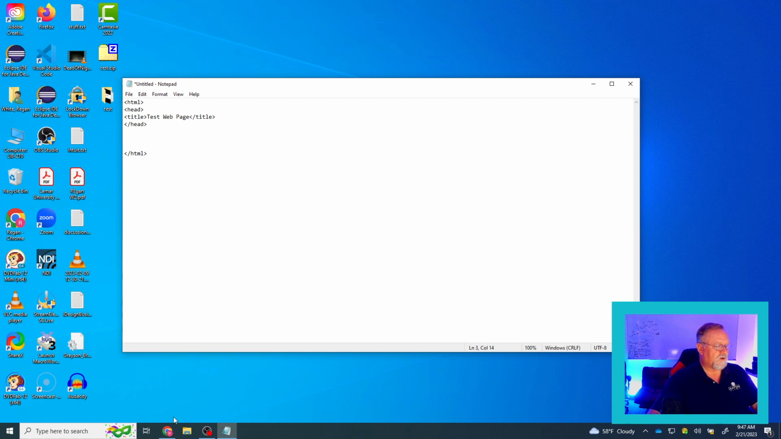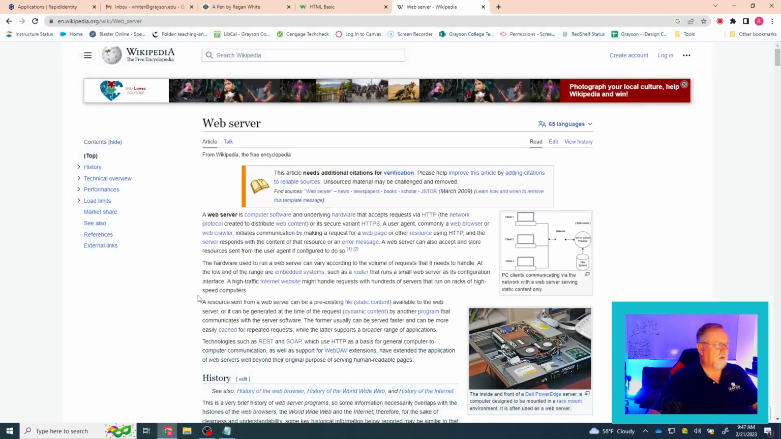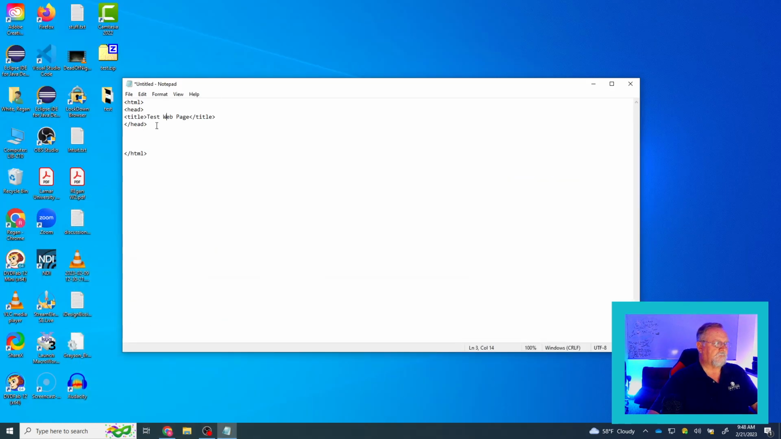And the title will show up when we look at it in a web browser. See these tabs up here? This is where the title will show up. That's the first and only visible part of the head: if you add a title, that information will show up there. So we've got our head, we've got our title, we've closed the head,